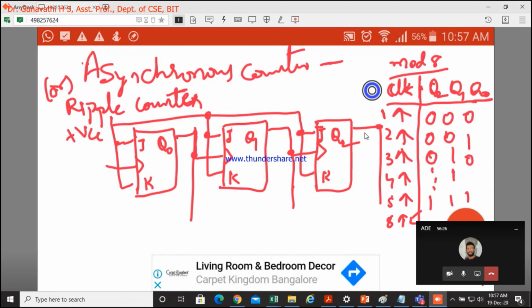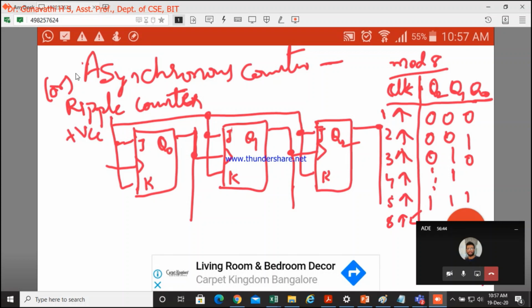Okay. So now we get the output of this counter. This is an up counter; it counts 0 to 7. And I need to design it as a down counter. How can we start the down counter?